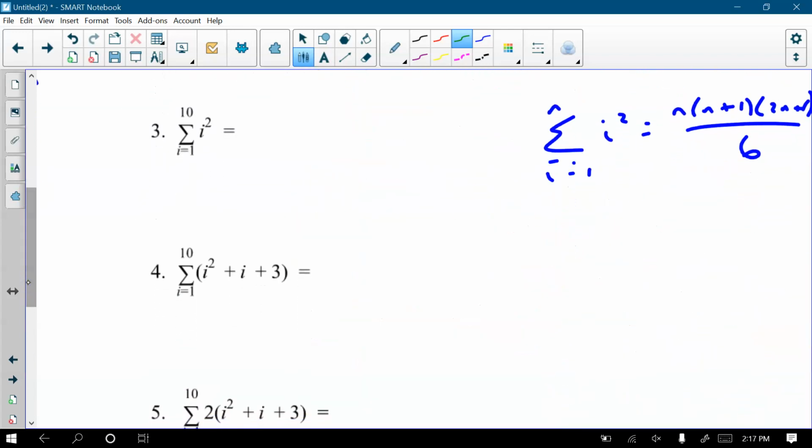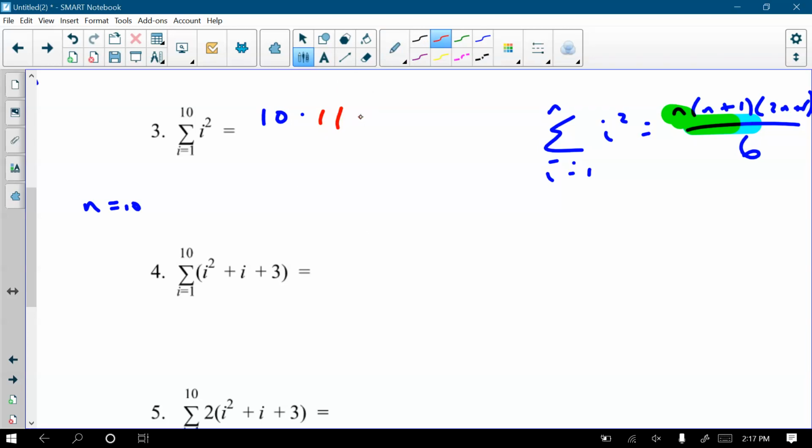For 3, and now I'm zipping along because these should be pretty quick problems. Here, again, I could list out 1 squared plus 2 squared plus 3 squared plus 4 squared. I've added up all those numbers if I want to. Or, knowing that n is 10, I could just plug them into the formula. So n is 10 means that I'm going to have 10. Just make sure you're clear. I'm going to have 10 times, and then we're going to have 10 plus 1. Now let's do that in a different color. 10 plus 1, which is 11,